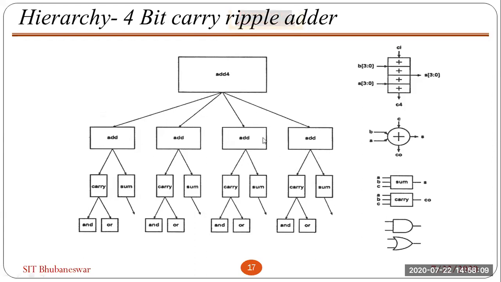All are similar. Once you make one adder, you can copy the same thing for the other adders. So you have to make only one adder, not 4. Once it is completed, you can copy it. This is the hierarchy. Then again inside the adder, there is a carry and a sum. Once you make the carry and sum, you copy them into the other 3. And finally there are the AND, OR, etc. This is the hierarchy.